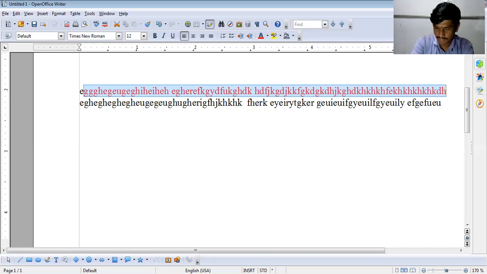I will show you a word. Suppose "source" is the proper word, but I have not written the E. Now, if you want to check the spelling of this word or words related to it, right click on that word and you will see different types of words related to that particular word. See, source, source. These are some words. Whichever word you want to enter, you can just click on it, and your word will be corrected.